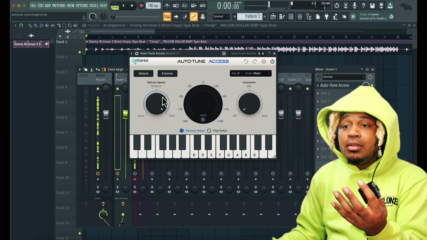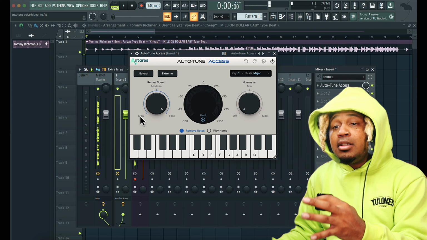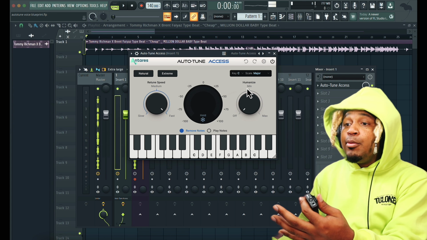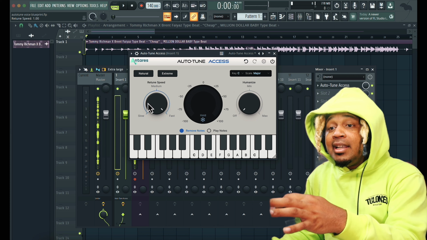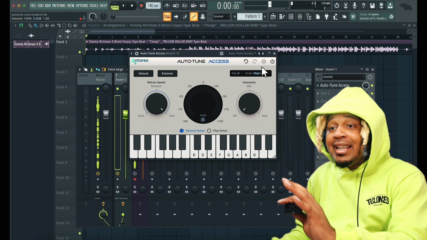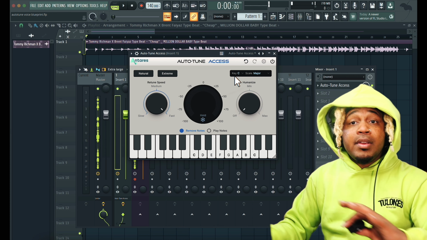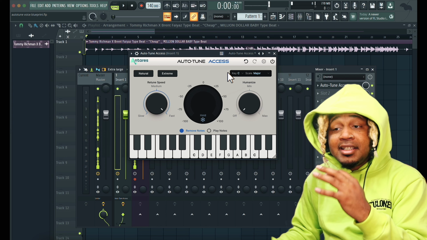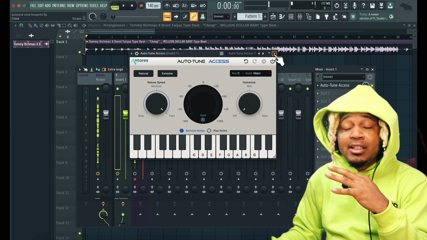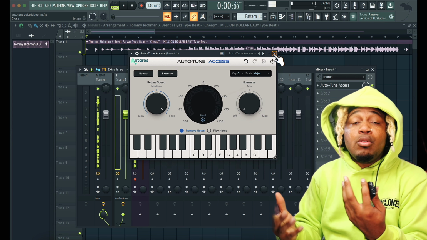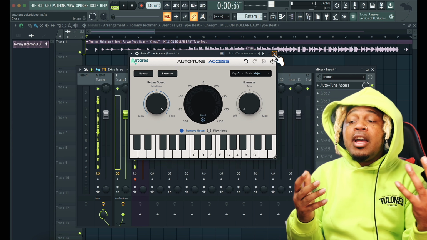Like, it's very simple. It only has 3 knobs over here: slow, medium, fast. Then we got humanize, off, min, and max. We cannot go in between any of those. 2 knobs, we set the key and the scale. Very simple, very easy to use. This is the cheaper option. So if I'm a lyrical rapper, rapping, not doing a lot of melodic singing, I don't need to spend $400,